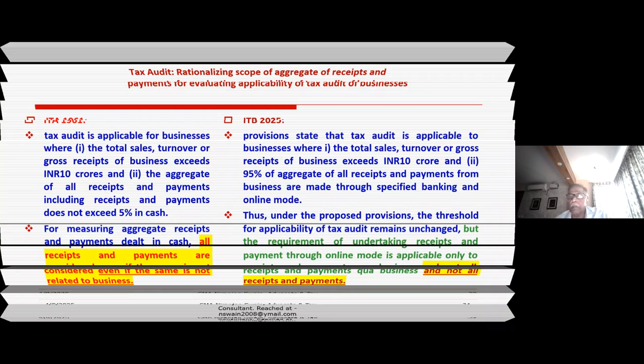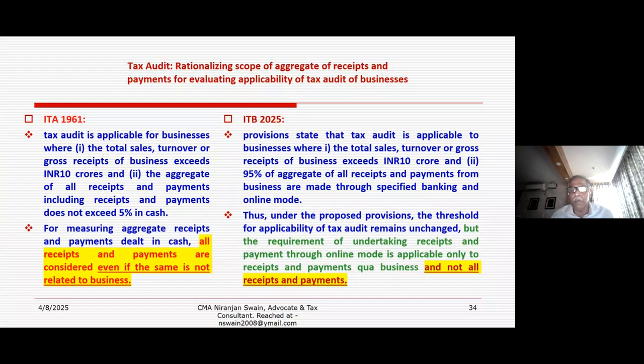You know that tax audit is applicable where receipts exceed 2 crores, but in the case of 10 crores, 95% of the total receipts must be other than cash. So payment must be in the business through the banking channel. So that they kept. But that was one technicality. So whether in any case the tax audit is applicable when exceeding 2 crores, but it is not applicable if not exceeding 10 crores, in which cases